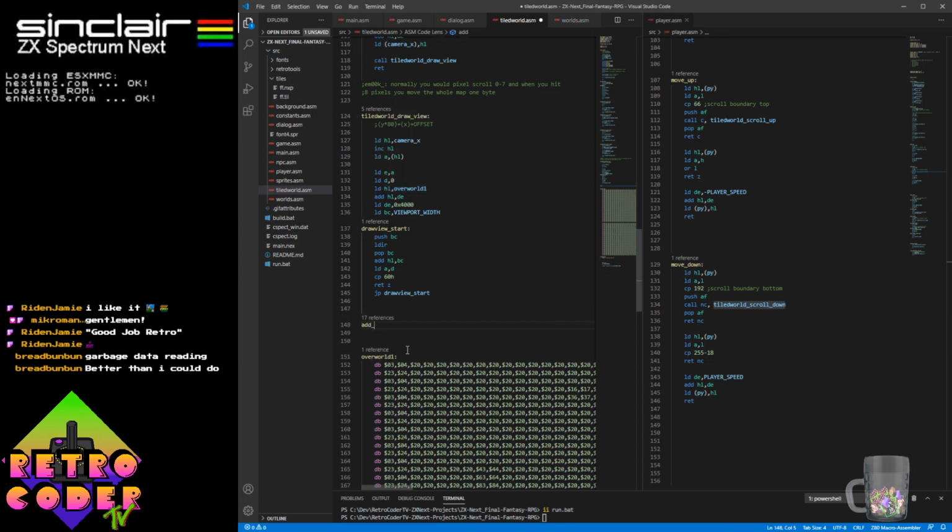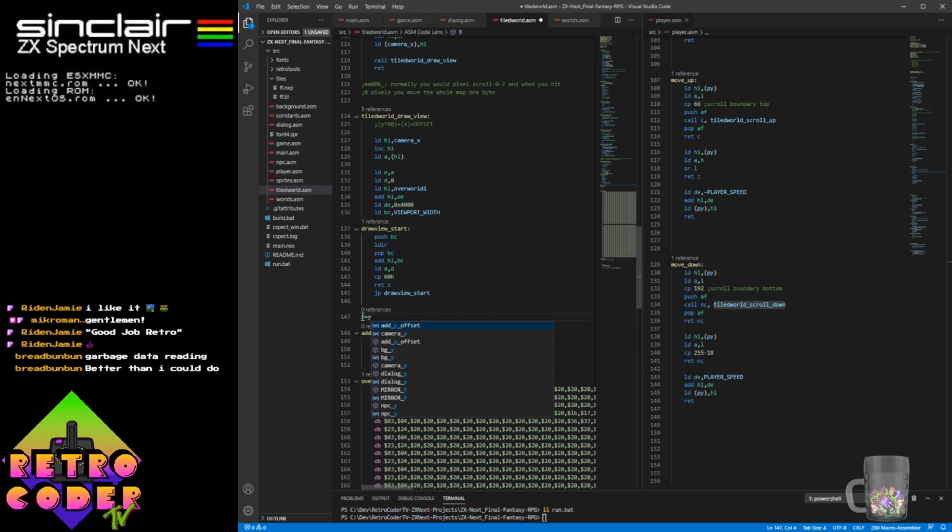I think a routine was in order actually. And this will just... B will equal Y. And it'll just go through adding world width one time. So if HL was already equal in that, if we pretend,